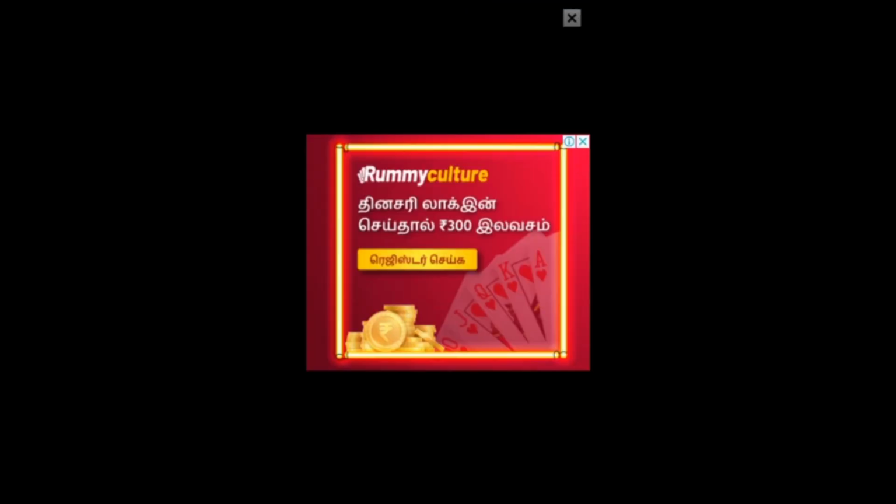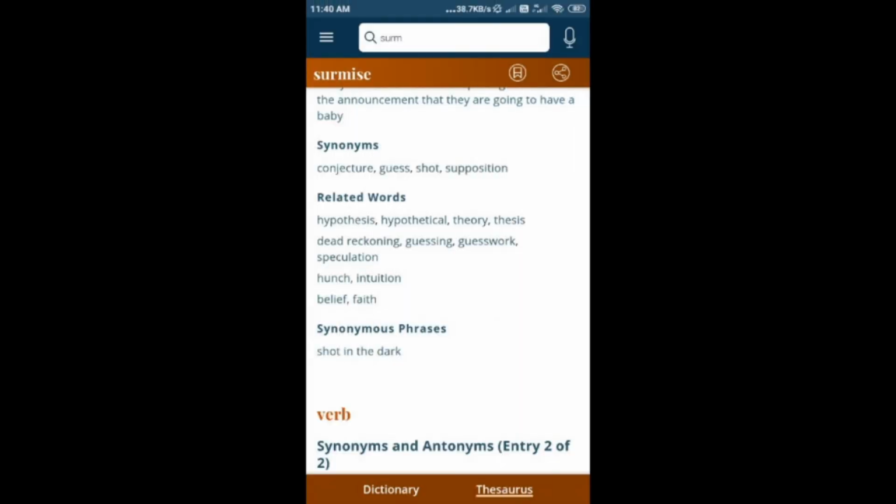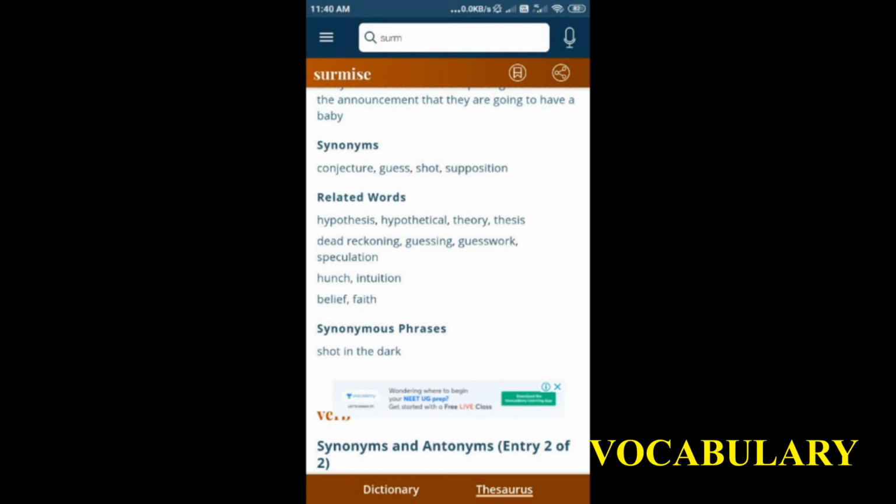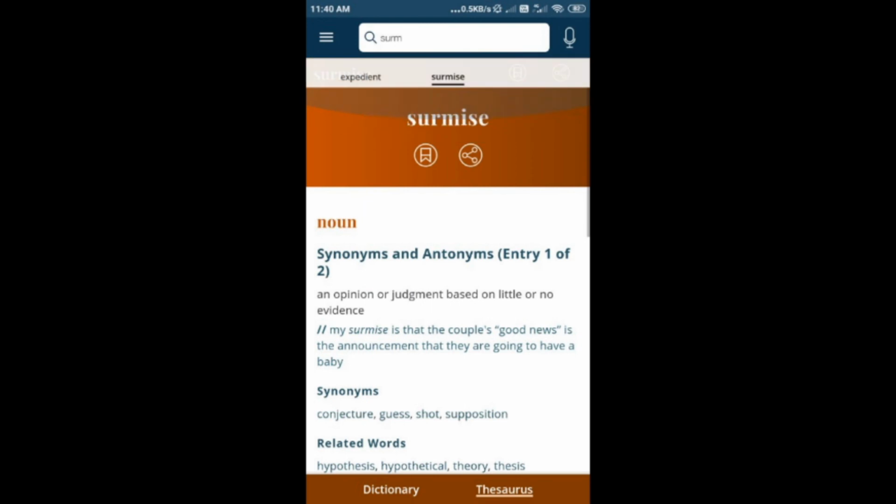So there's just one problem in using a thesaurus. I should warn you, just because a word looks good enough, or looks beautiful, or it looks very technical, don't go ahead and use the words that are given in a thesaurus. Instead, find the meaning of the word, right? So after you go to thesaurus, let's say there's this first word called hypothesis. So I look for the word surmise, right? This is the word I look for, surmise.